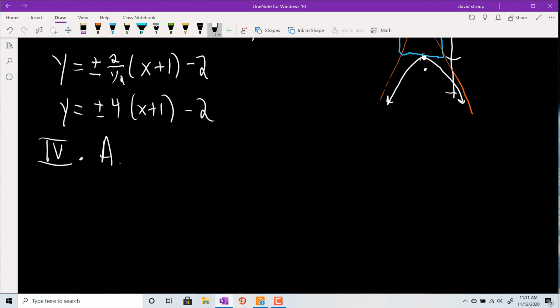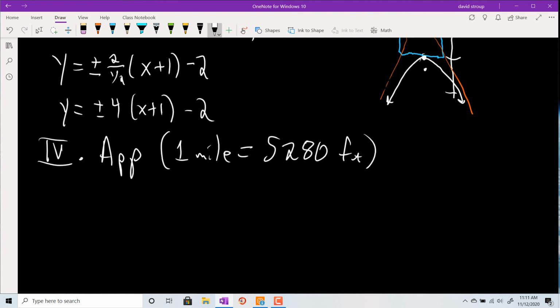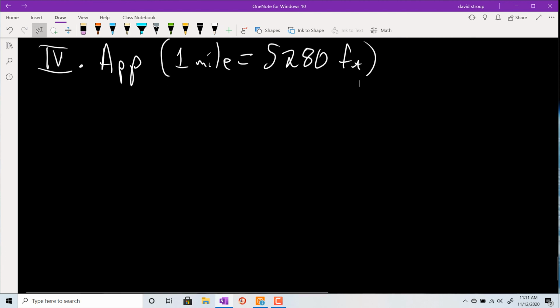Okay, so anyways, applications. For this application, we need that 1 mile is 5,280 feet. And this is an interesting application. I don't know if this is how it's actually done because I've never had any experience with this sort of thing. But what's going on is